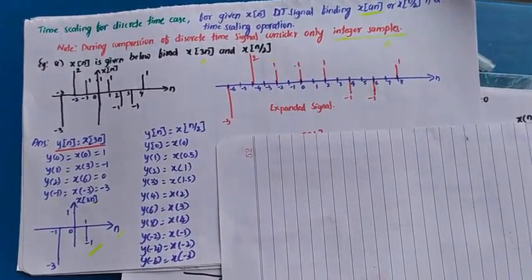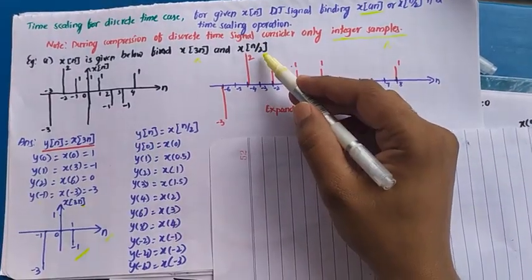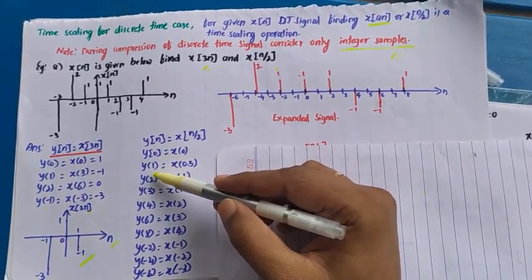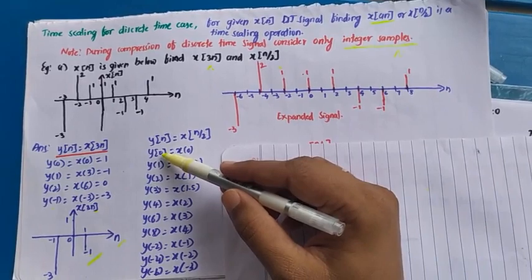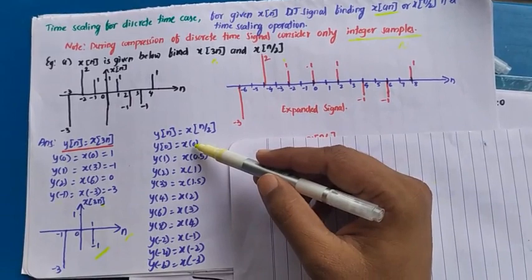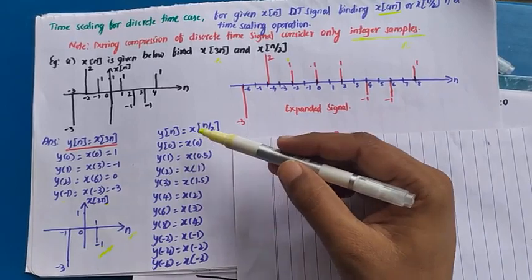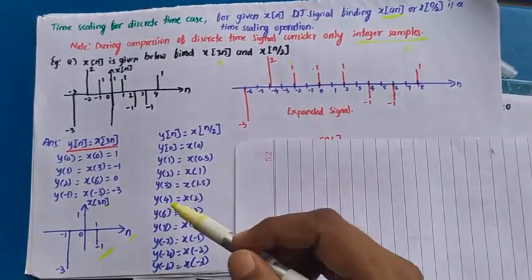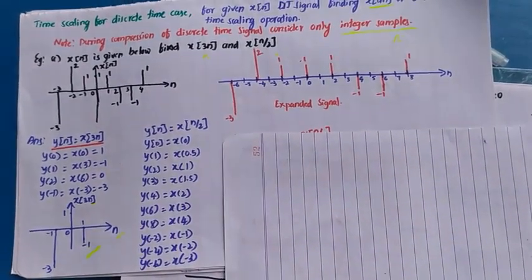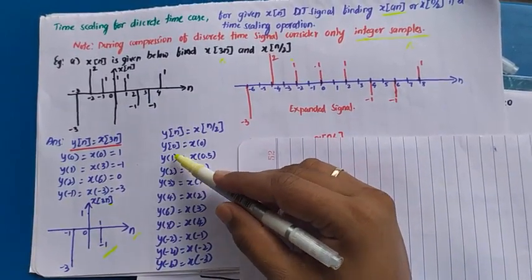Okay, and now if you want to perform x of n by 2, for that what do we have to do, same like, start substituting the different values of n here. So here what will happen, we have to see for all the values of n of the x. Where do the values of x go from and to, x starts at -3 to 4, right? So for every value of x there is a y. Okay, so you can see here, 0, 0.5, 1, 1.5, like that it exists for all the values of that.